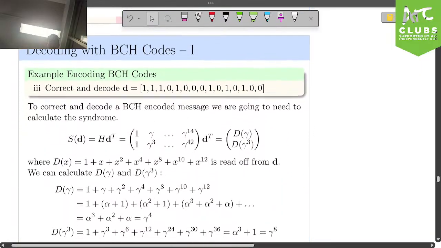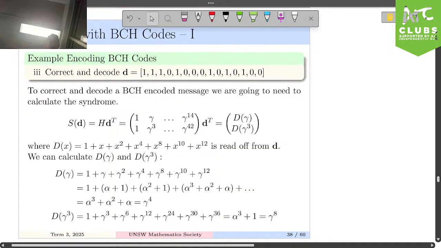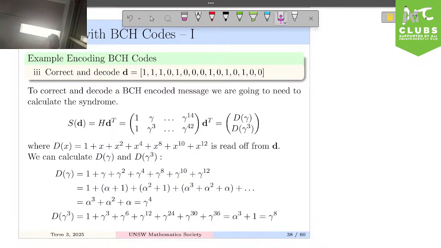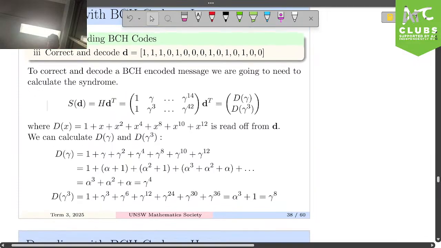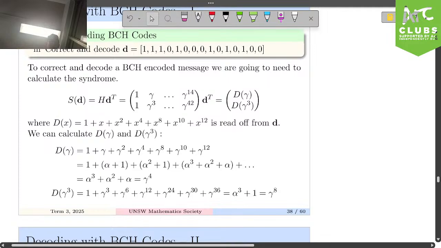So if we expand that polynomial, unfortunately it's ugly again, but what it'll come down to is something really nice. It'll just be gamma to the 4th. And d of gamma cubed will also expand and comes down nicely, although in this case what you can do is say that gamma to the 30 is equivalent to 1. We're in mod 2, so gamma to the 30 is going to cancel with that 1. Gamma to the 36 is going to cancel with this 6. And so that makes it a little bit nicer. But we're still going to have alpha cubed plus 1 as the expansion, and that's down to the 8th. Okay, so we've done this expansion.